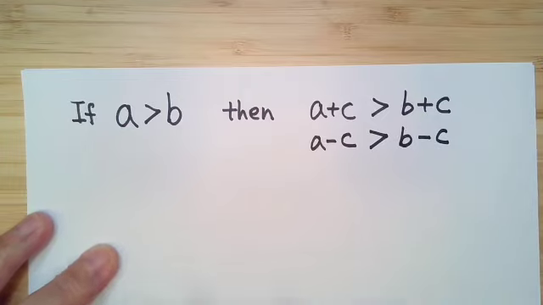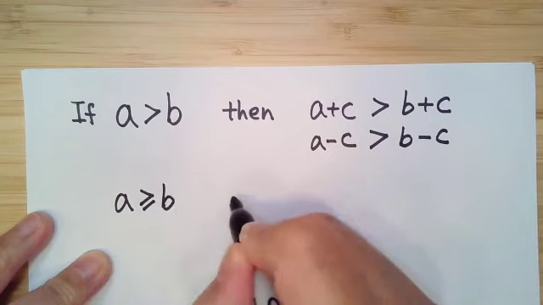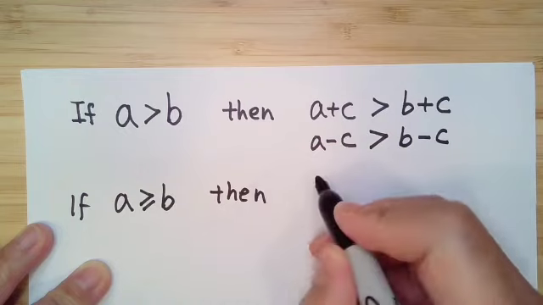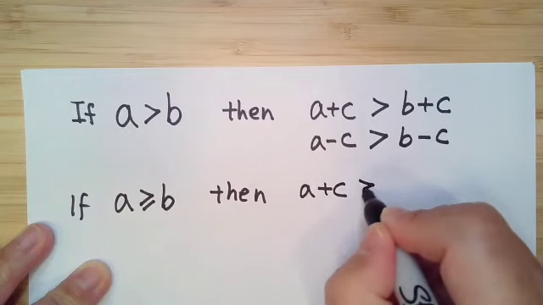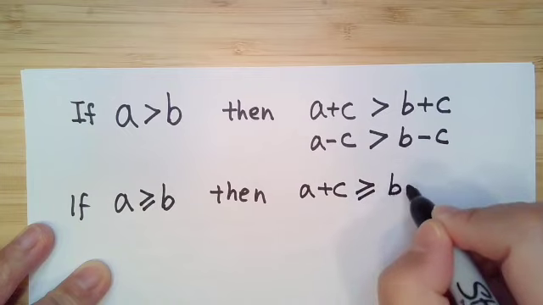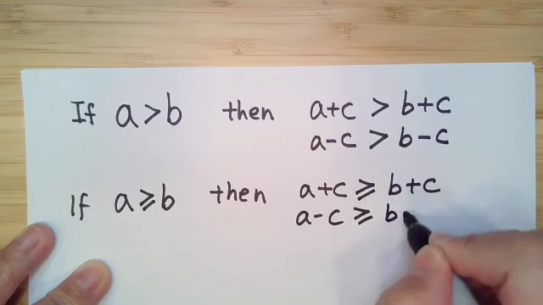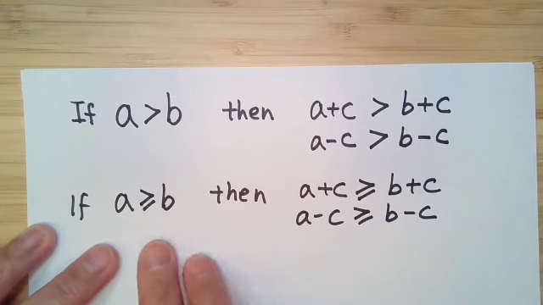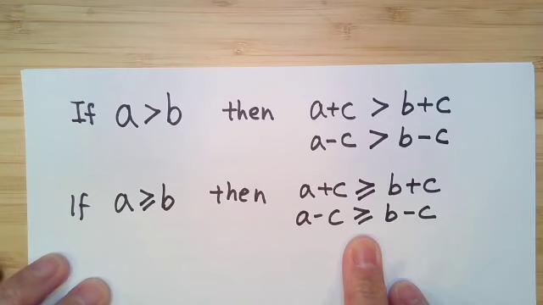All right. Now, if A is greater than or equal to B, then same thing. A plus C will be greater than or equal to B plus C, and A minus C is greater than or equal to B minus C. What does this mean? That means if you have an inequality, then on both sides you can add or subtract the same amount, and you're going to keep that inequality sign. Okay,